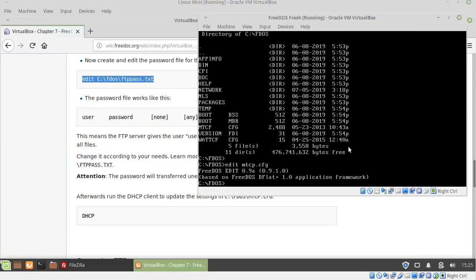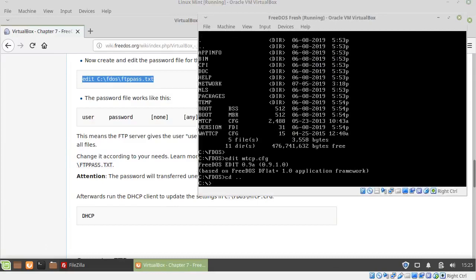Since I have chosen to place this file not in the FTOS directory but rather right in our C drive, I'm just going to create it right here by changing directory to our C drive and then saying edit